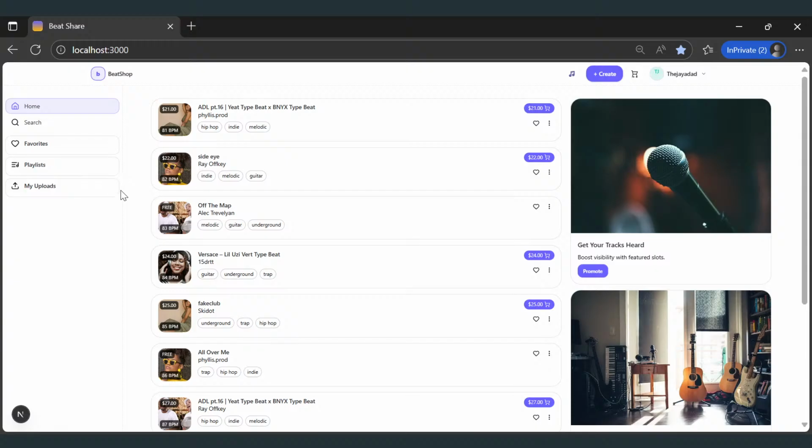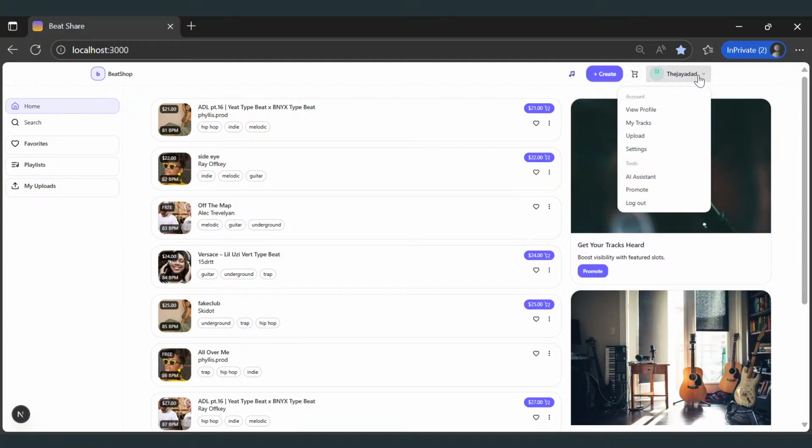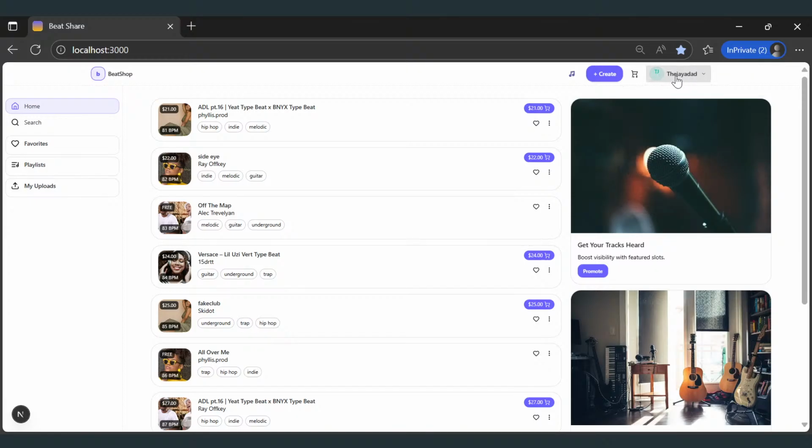So what I have is a responsive application, and we'll focus on mobile first, where we have a header. We'll have the ability to see all music that we've uploaded. We'll be able to create. If we're looking to purchase any beats, we're going to have a cart that'll be updated. We'll also have a drop-down user menu that gives us access to see who's logged in, our username, and then from this view we'll see all music that is uploaded